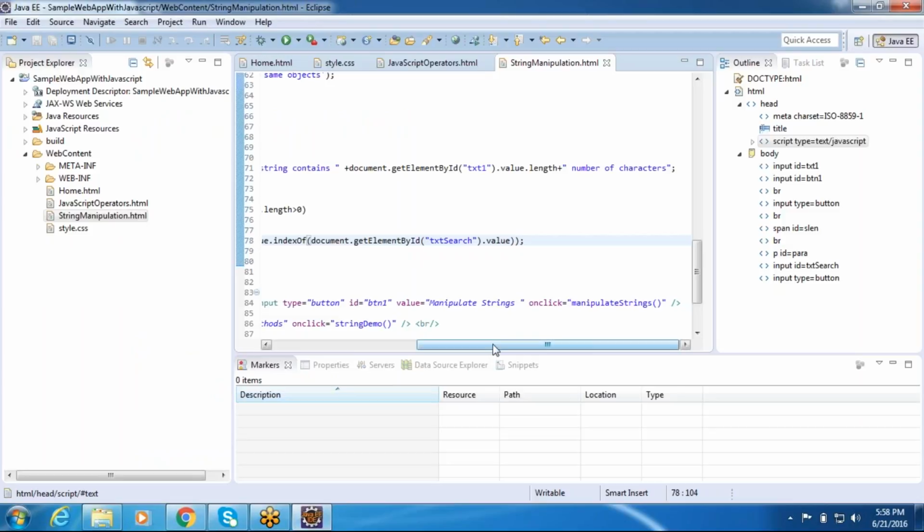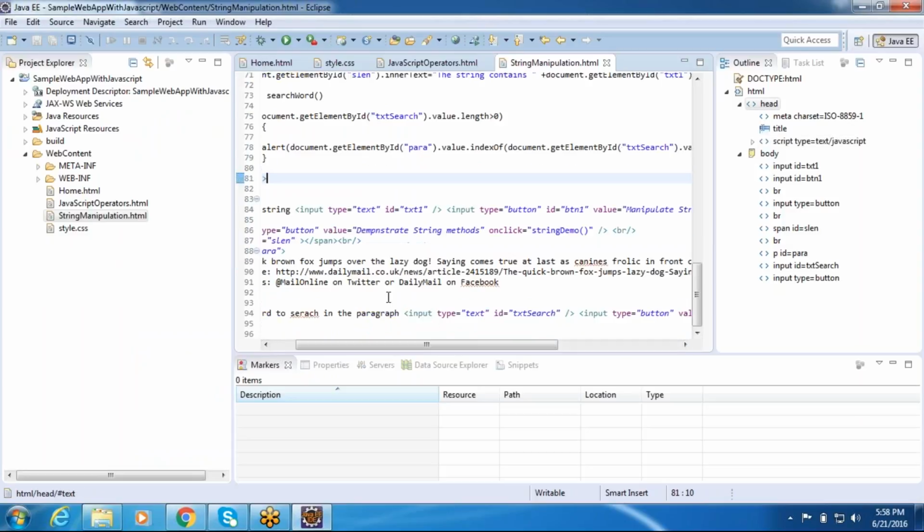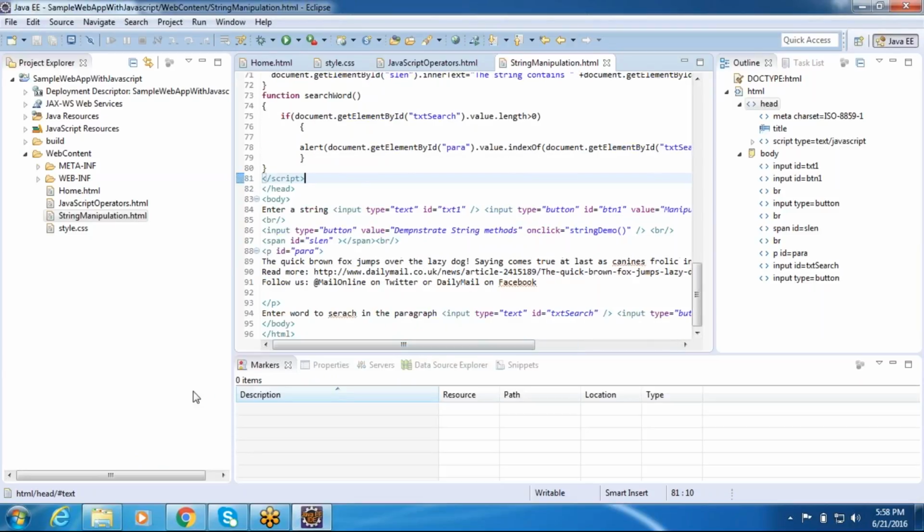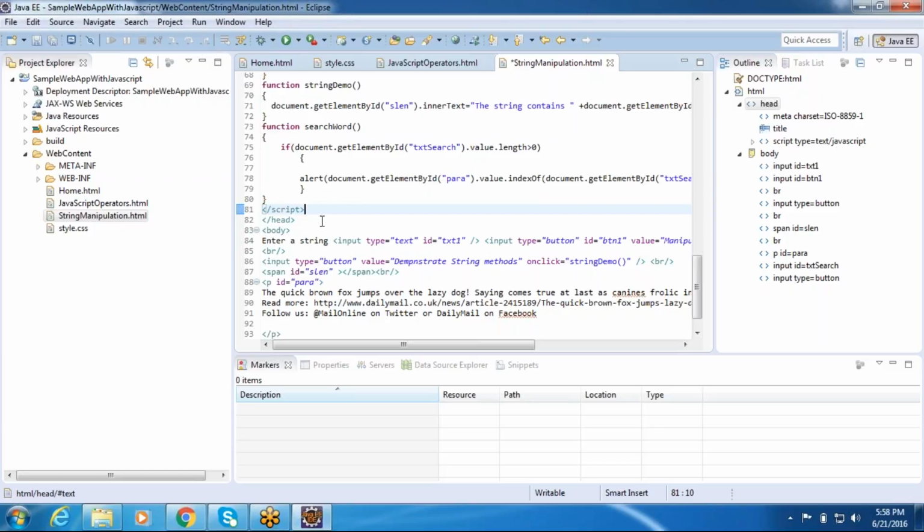Manipulate strings. Search word, actually. We have the search word somewhere in the bottom, so the search word has to be getting invoked for us. SEARCH, that is okay. I delete this one here. So the next thing, ID is para, span ID is s length. This is okay. So here, if I go with the search word,